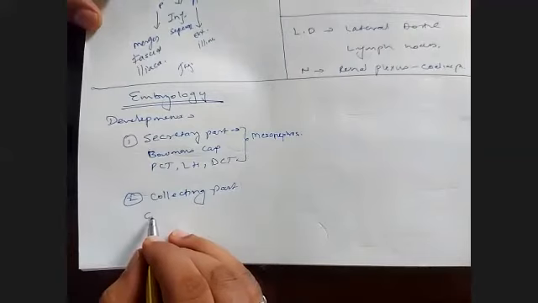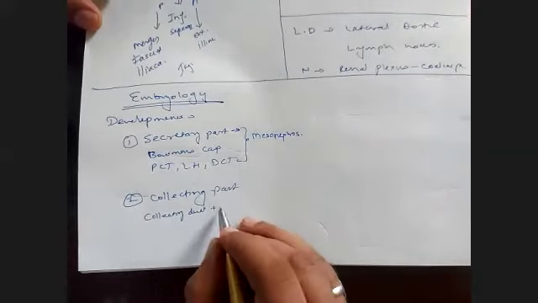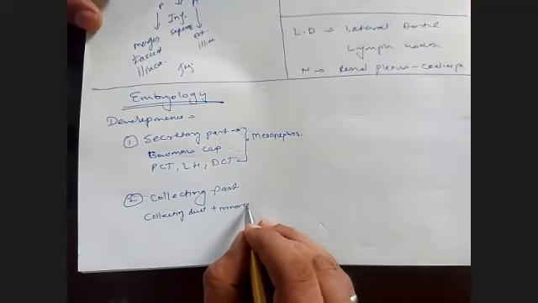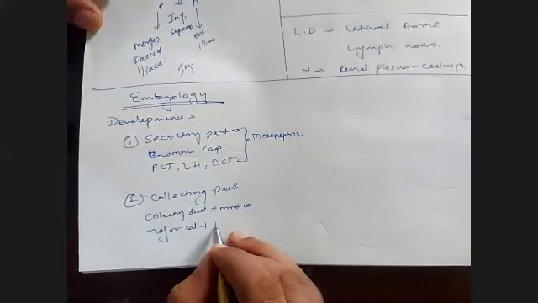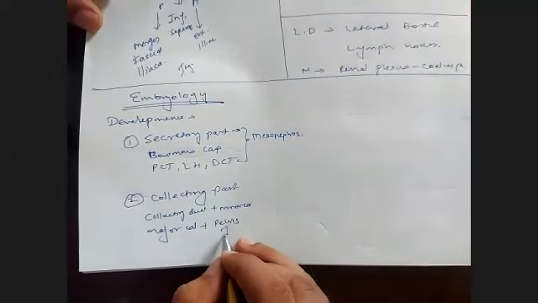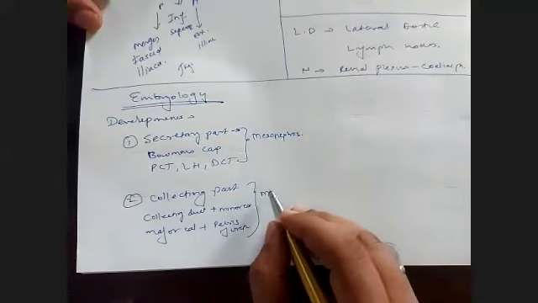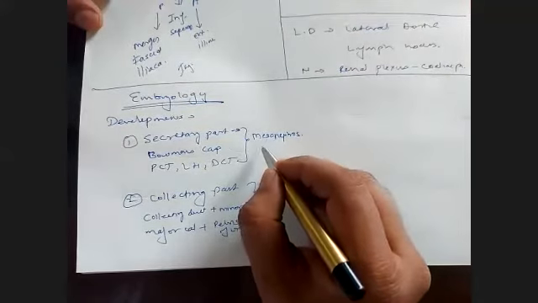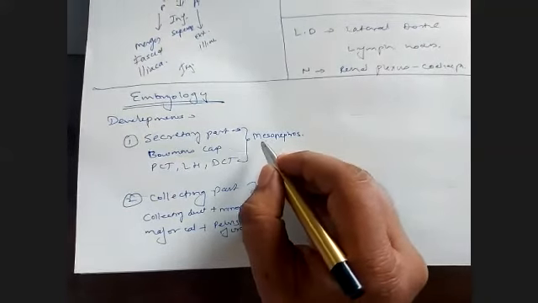The collecting tubules or collecting ducts plus minor calyces plus major calyces plus pelvis of the kidney, pelvis of the ureter. So all this they develop from, sorry, here by mistake I said